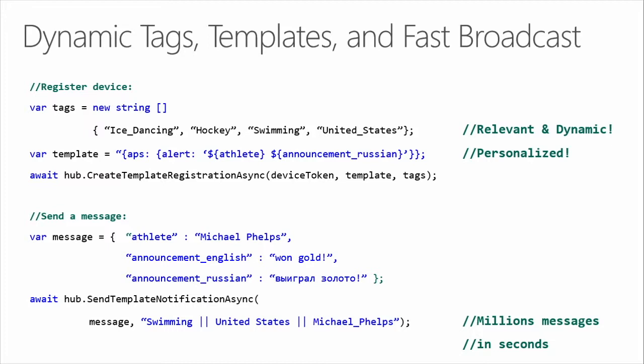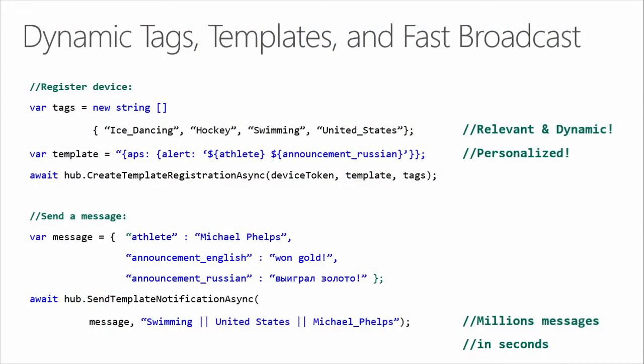In our case, our customer speaks Russian, so it expects notifications to come in Russian, and owns an iPhone, so it expects an iPhone notification in Russian language. So in this case, we have a template that reflects an iOS notification, an alert, and it will substitute at runtime the right message in the right language. So once we register this device for this set of tags and associate this template with it,